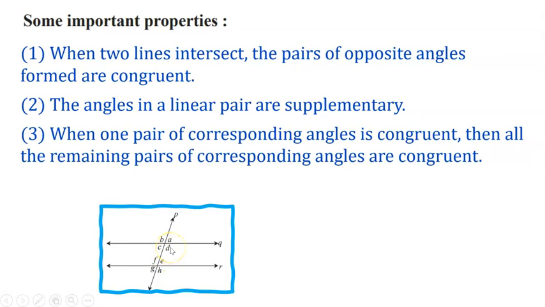Meaning measure of angle B is equal to measure of angle H. Their measures are equal. C and G, their measures are equal. B and F, their measures are equal. Okay. Now next,